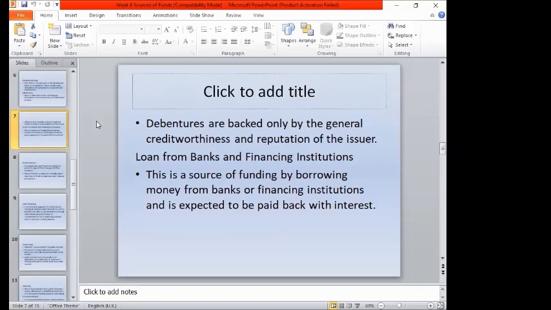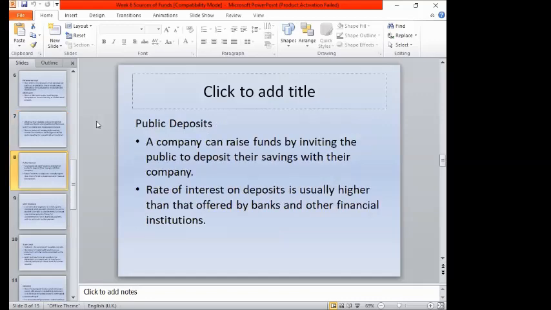So why is it that loans can also be a form of funds? Because they borrowed money that can be used for the investment and expansion of business operations, and we're going to pay back this kind of loan, or the borrowed money, with an interest. Another source of fund is public deposits. So a public deposit, okay, take note,